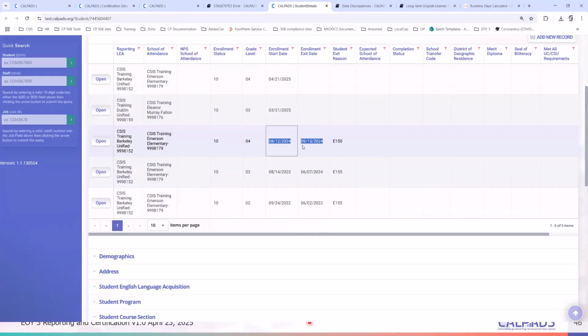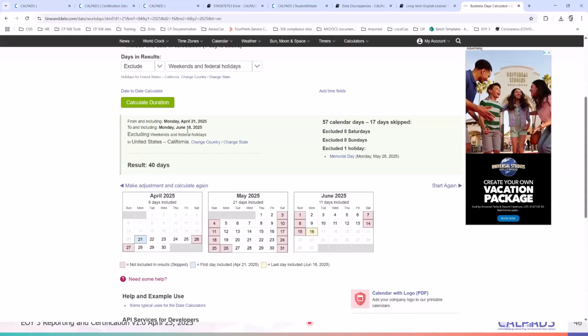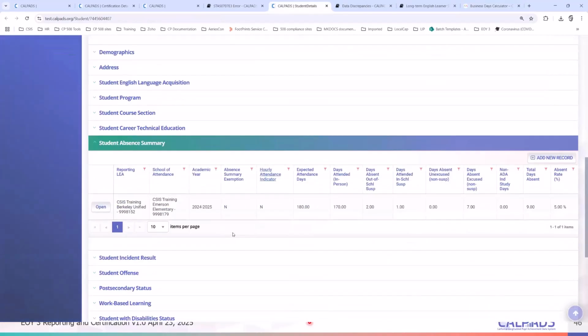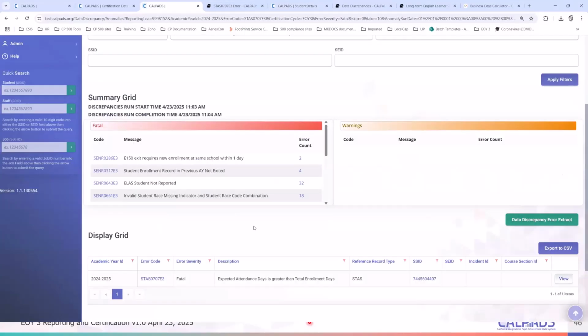If you add that too, then it's probably just a month or maybe 20, 25 days tops that you need to add here. So technically, this might be 65 days and it still is lower than your claim of 180 days. So bottom line is your calculations were wrong. Okay. So make sure that you make the changes in CalPads, wait for a new snapshot to generate or a new data discrepancy refresh, and that should clear the error here.